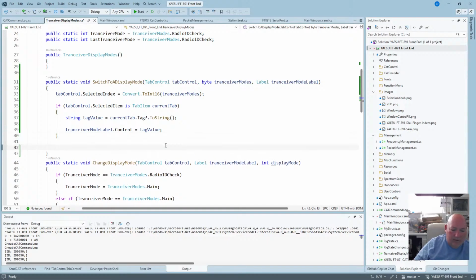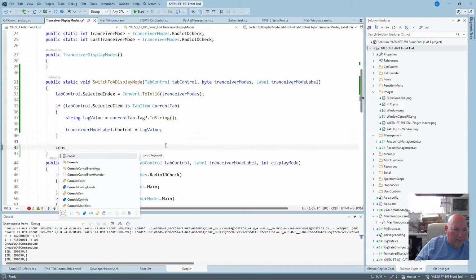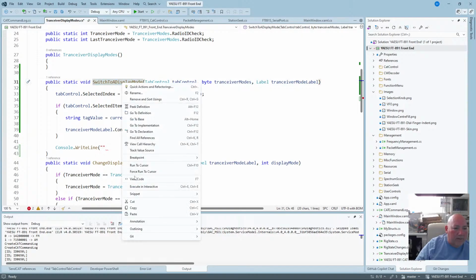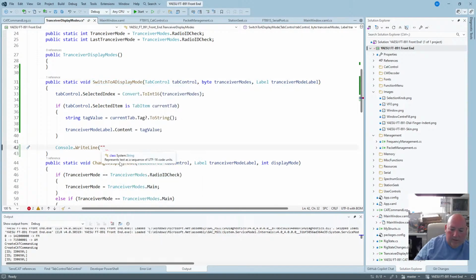Okay, let's try and do a console debug. Right, so we're in that one. We need a debug for the debug. So display mode equals